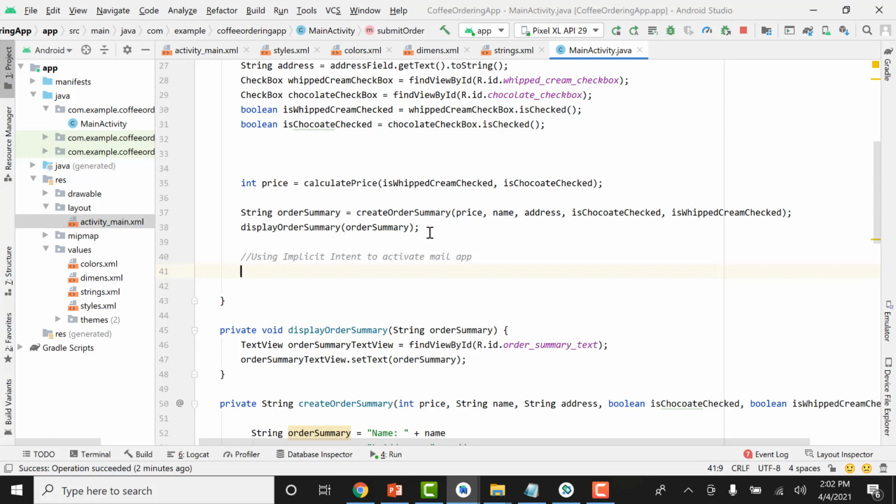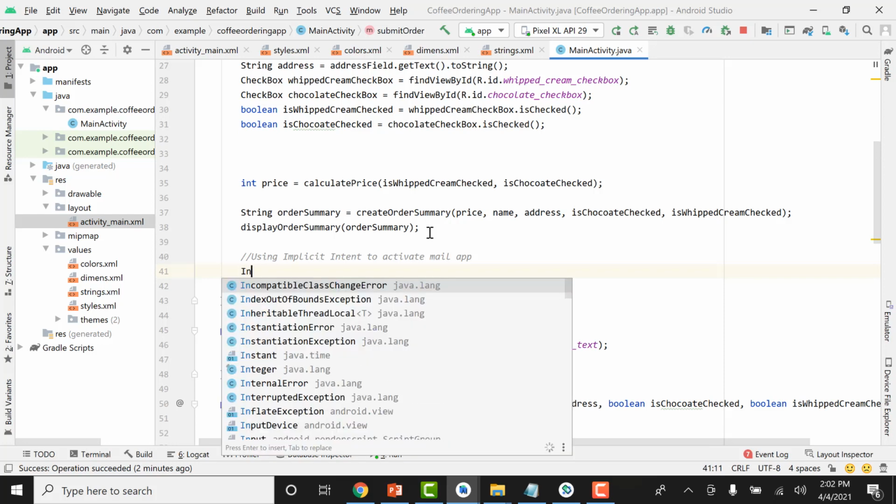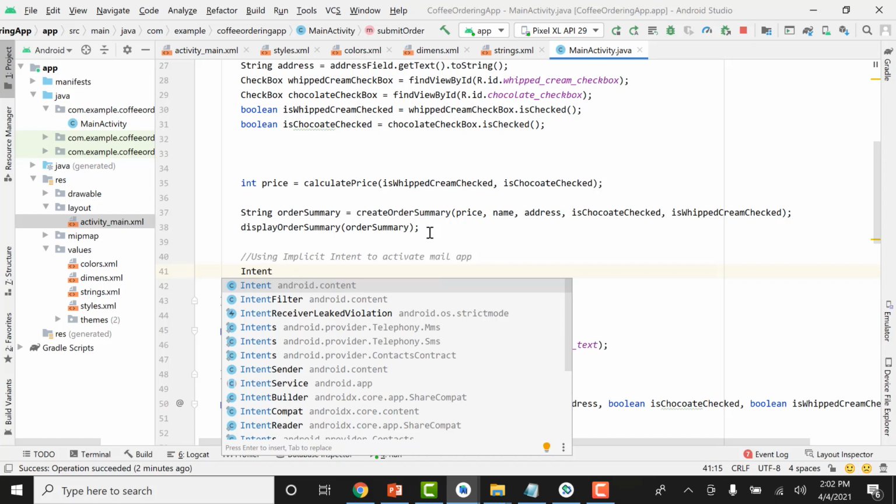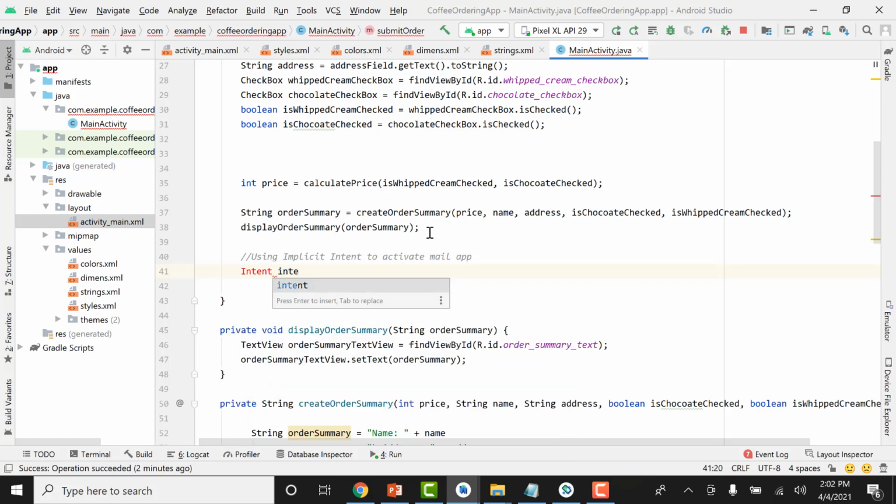So we use implicit intent in those places where the destination activity or the app is not clear. So how do we define intent? First you write Intent and then the name of the object, intent. We have this error because we haven't imported this Intent class. So let us press Alt+Enter to import the class,